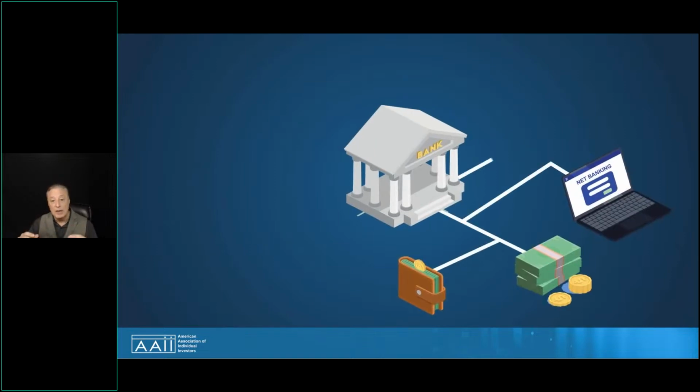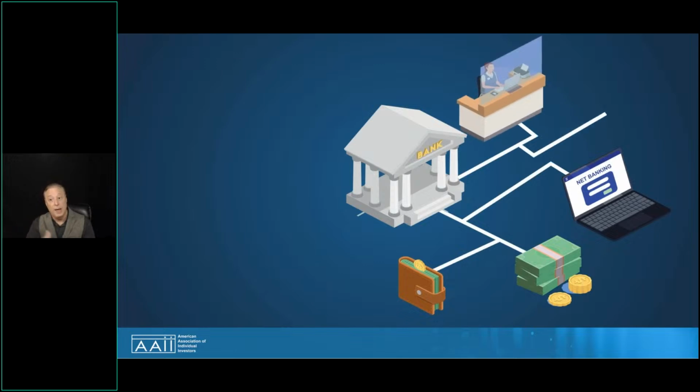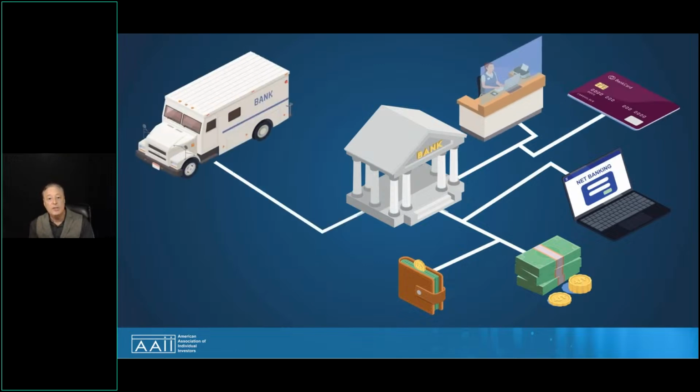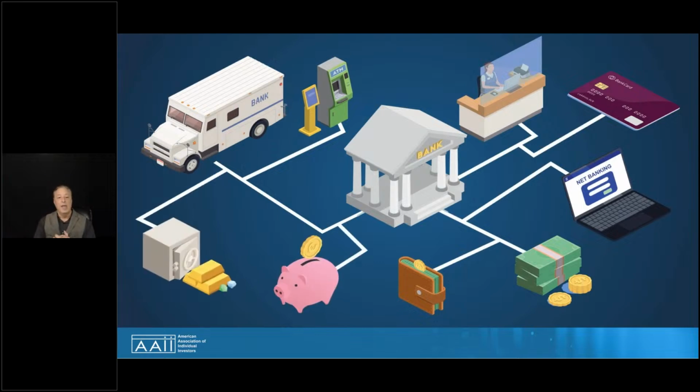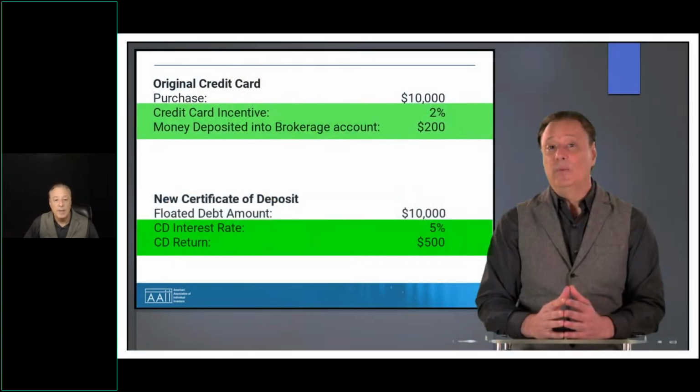After making large purchases with his 2% card deposited into his brokerage firm, he took advantage of one of the plethora of 0% credit card offers that were available at that time. He opened the new 0% card and then transferred the balance from the 2% card to the 0% card. At that time, there was so much competition to attract debt from those who didn't pay off their debt. They had no discipline. There were no transfer fees, and the offers were extended for 12 and 18 month periods.